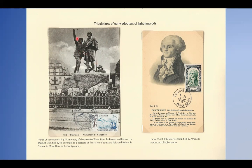So here we have the perfect maximum card. We have Mont Blanc there, we have Mont Blanc there, we have the stamp there. It's the first day of issue. There's Saussure and Balmat, there's Saussure and Balmat. As we saw in a recent issue of Theme Scene, this is the perfect maximum card. Now, the maximum card to the right